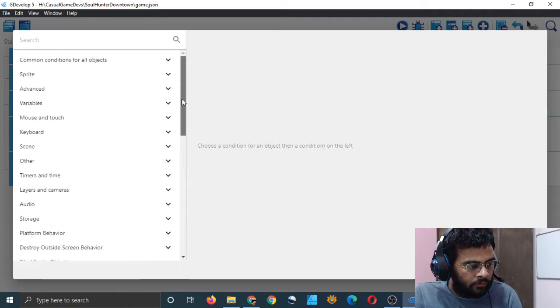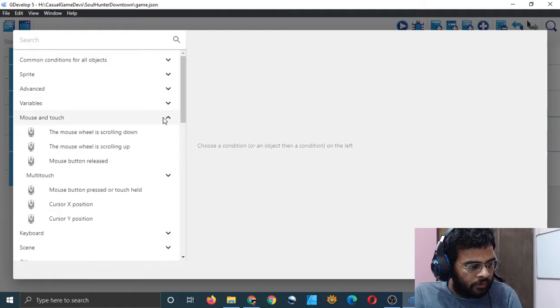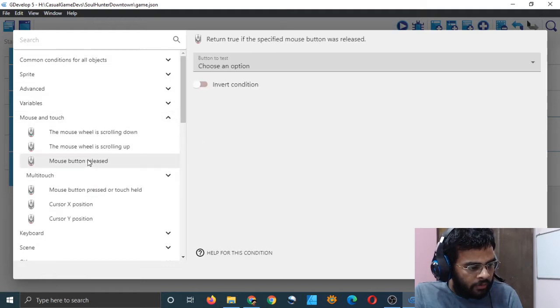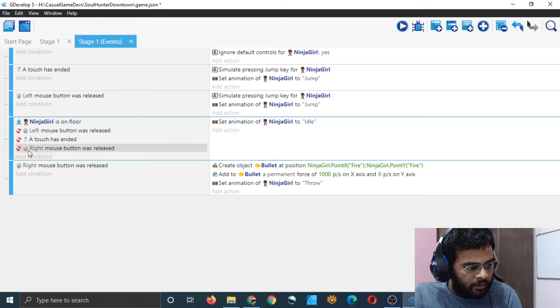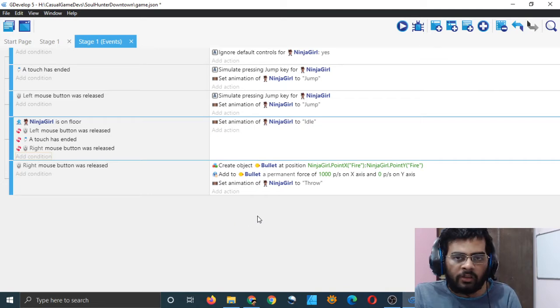So I will have to search for mouse and touch, mouse button released, and right, and invert. This way I have negated the condition. Right mouse button was not released. And when right mouse button is released, then the animation that will be played will be that of throwing.